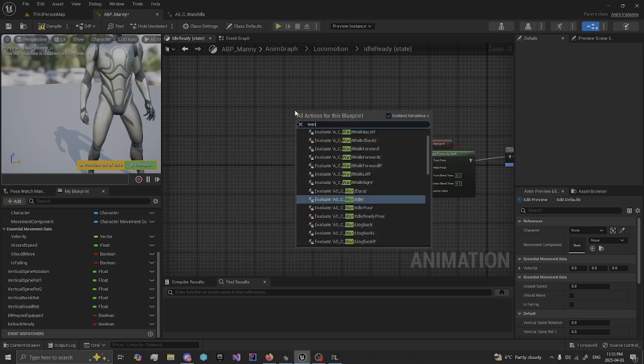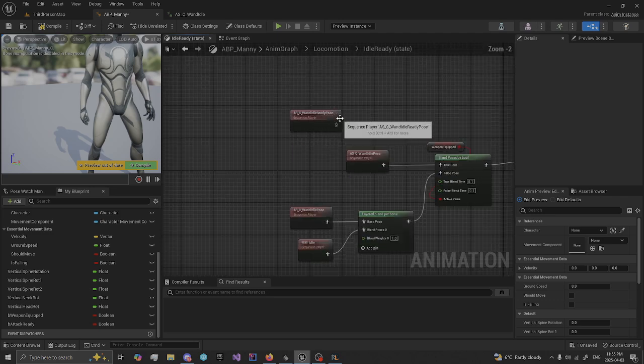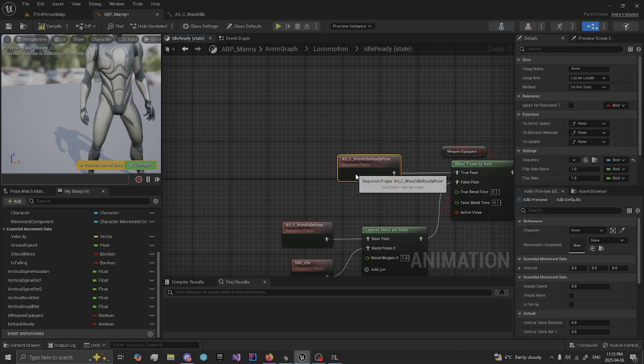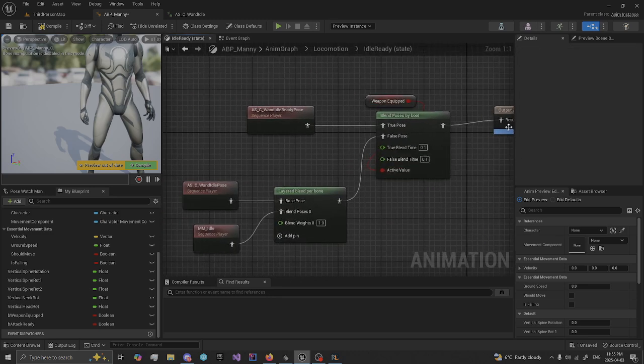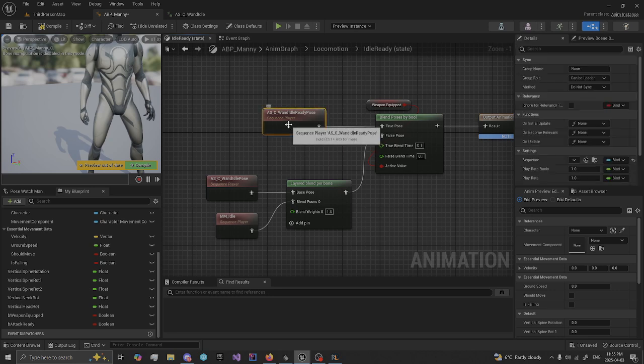And we'll just want to search for wand, play wand idle ready pose. Already going into here, so if attack ready and weapon is equipped, then we'll do our wand ready pose, and if not,